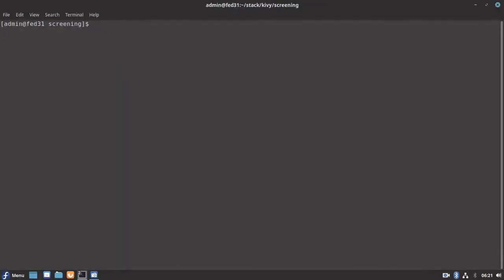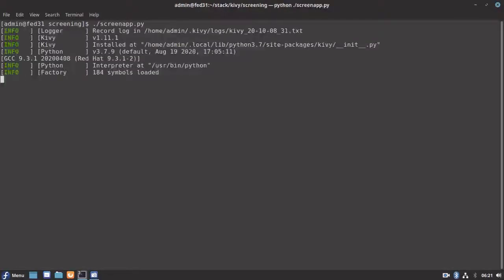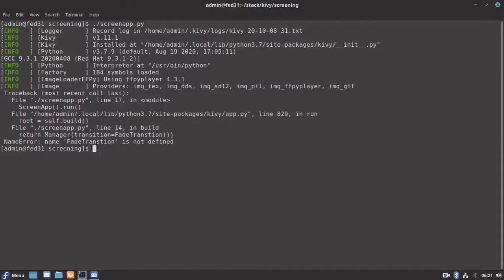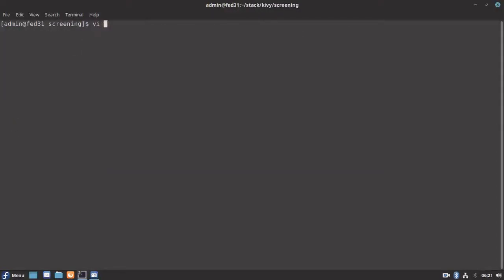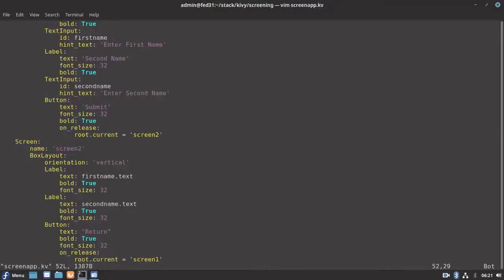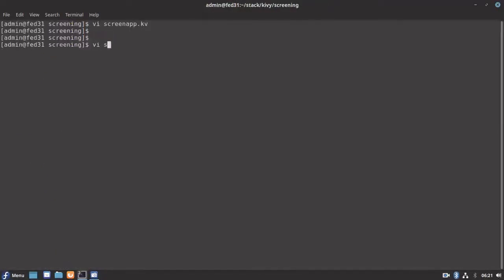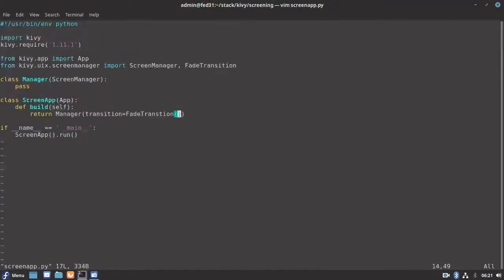We'll see what is the difference when we switch from screen 1 to screen 2. Okay, so let me execute it right now. Let me open my Python file. I think there is a syntax we need to change.